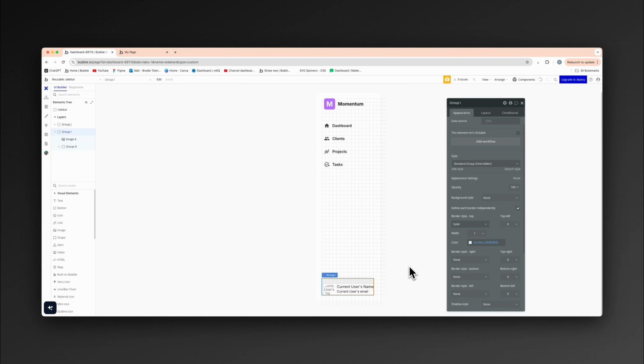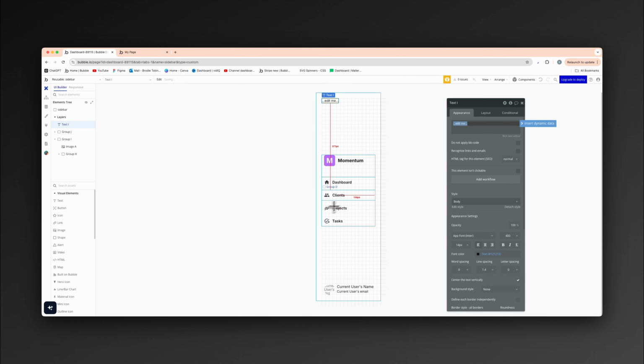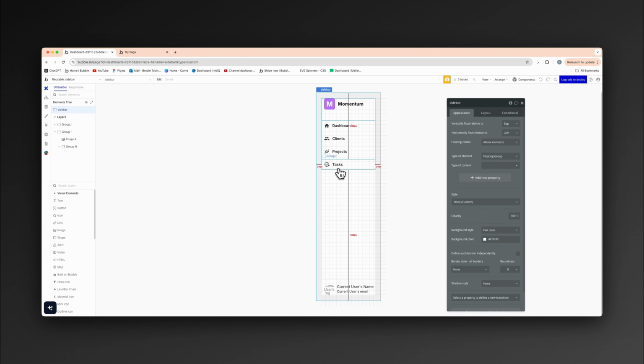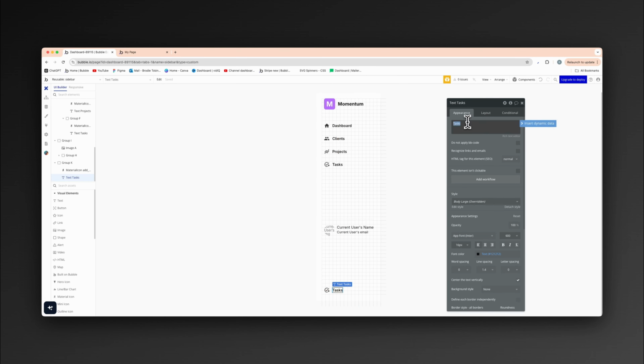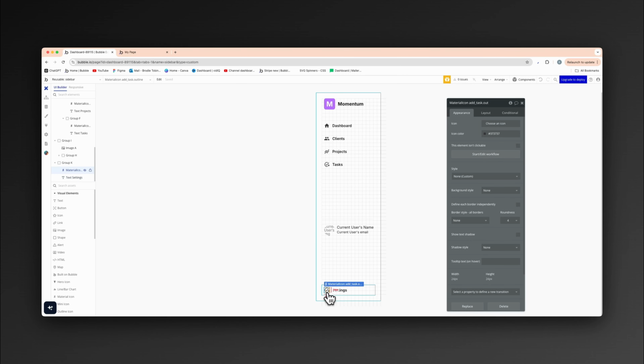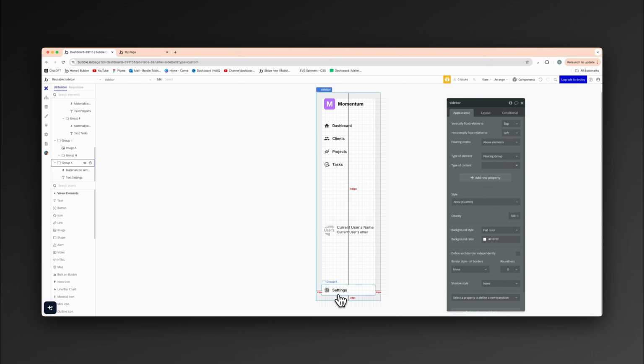And then the next thing we want to do here is add a little settings option. So let's add some text. And actually what we can do to make this easier, I'm just going to undo that. We can actually just copy one of these buttons to here. Let's just make this settings, and let's say settings, a little cog will come up. There we go, perfect. And now we need to, holding shift,